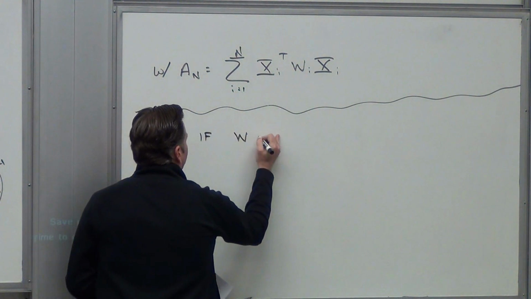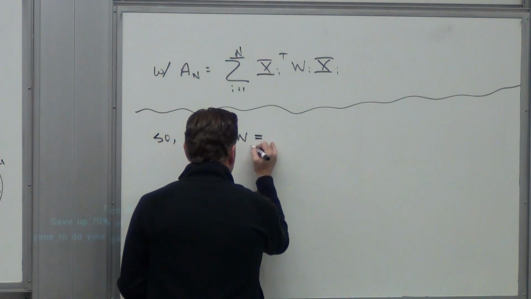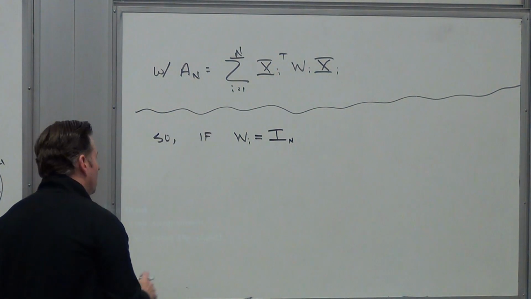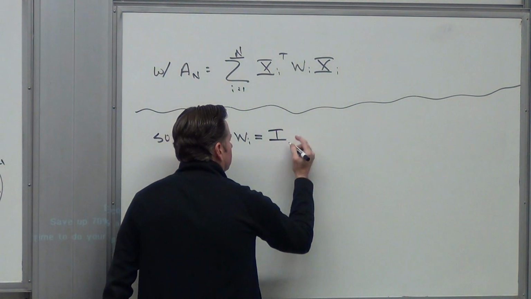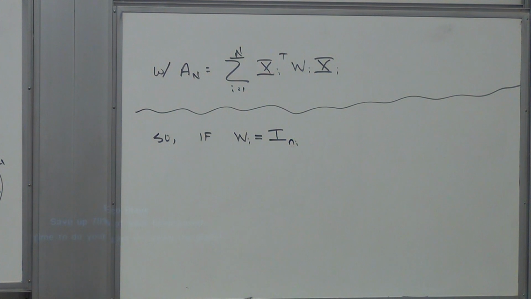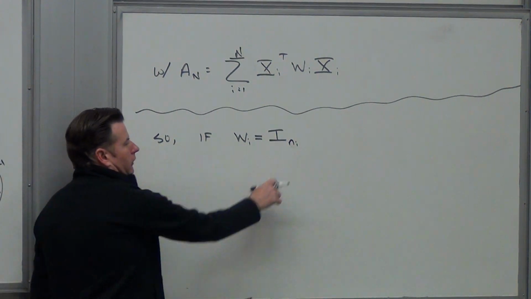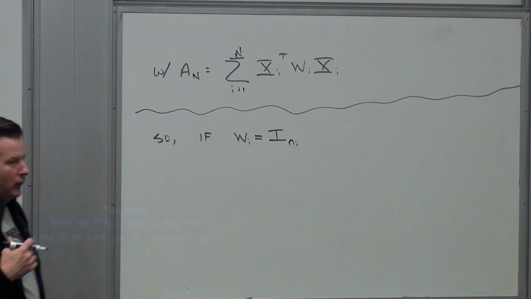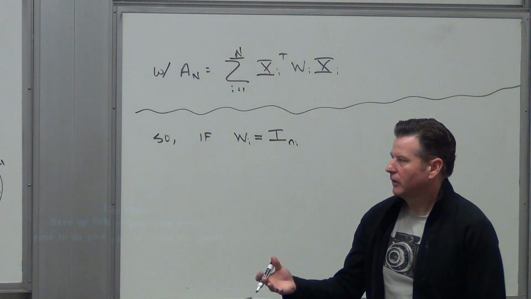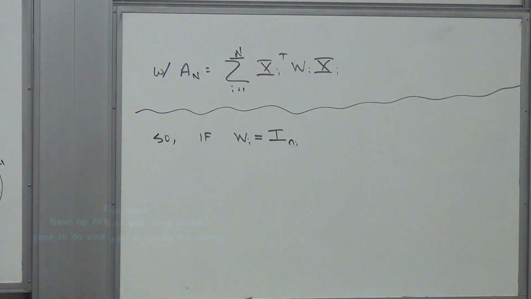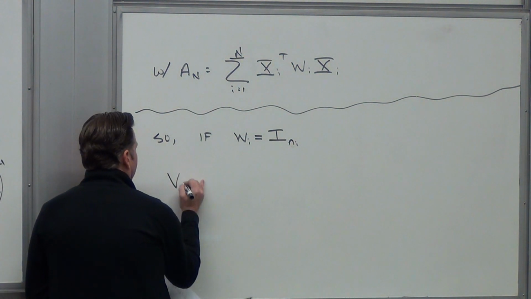So let's assume for a second that we took Wi to be the identity matrix that has dimension little ni by little ni. I'm just going to subscript it here with little ni, right? So that's the number of observations I have on the ith sampling unit in this case. That's what you did back in your last homework assignment. That's assuming that you've got truly independence within and between clusters, okay? The OLS model.